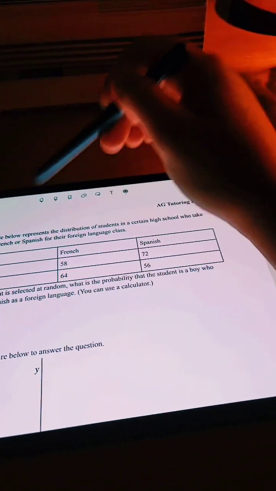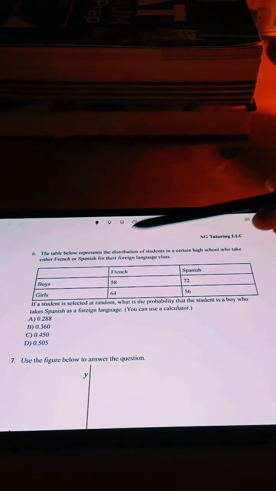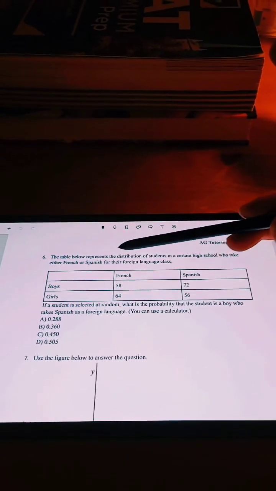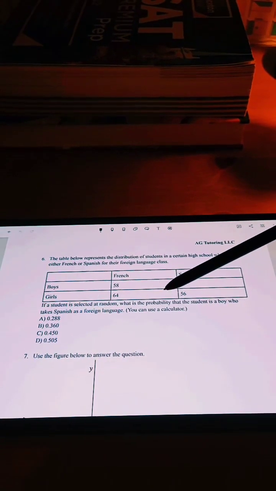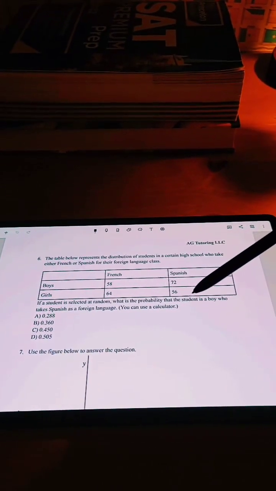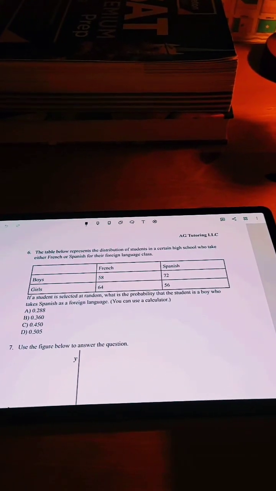So let's now go to number 6. So this is looking like, yeah, probability. If the table below represents the distribution of students in a certain high school who take either French or Spanish for their foreign language class, if a student is selected at random, what is the probability that the student is a boy who takes Spanish as a foreign language? So remember, probability is the desirable outcome, or what the question's asking you to be the outcome,